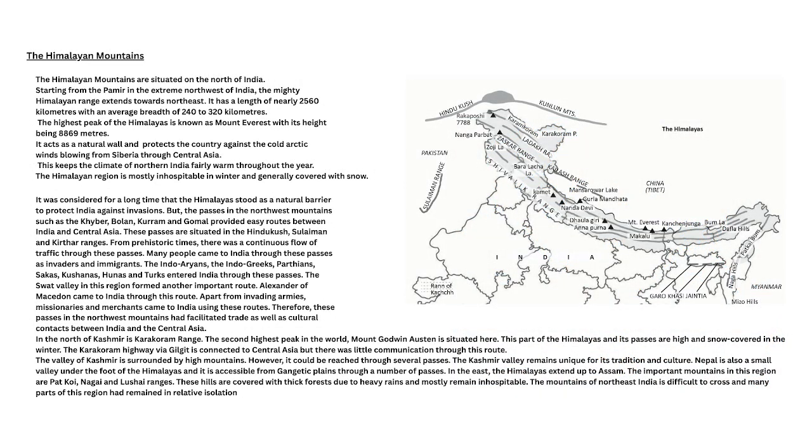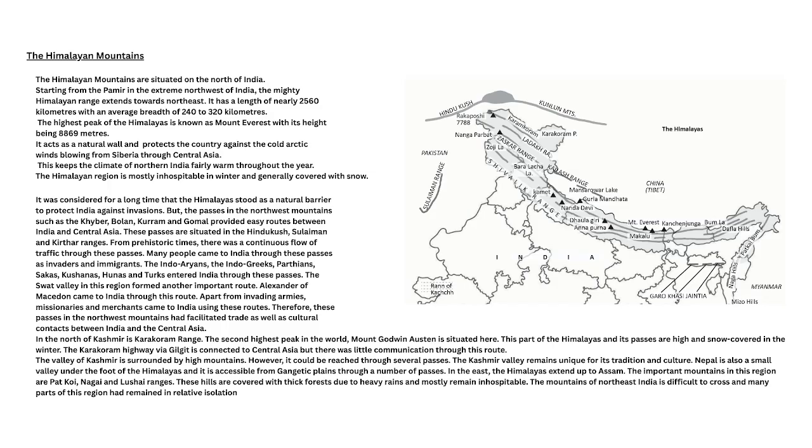First, the Himalayan mountains. The Himalayan mountains are situated on the north of India. Starting from the Pamir in the extreme northwest of India, the mighty Himalayan range extends towards northeast. It has a length of nearly 2560 kilometers with an average breadth of 240 to 320 kilometers. The highest peak of Himalayas is known as Mount Everest, with its height being